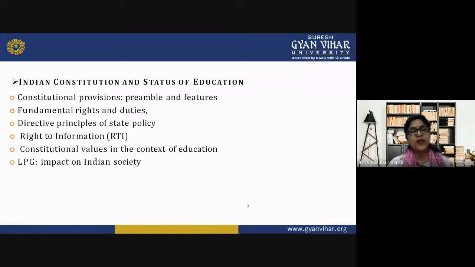So, students, we all are very much aware that our Indian Constitution is a wonderful, democratic constitution, and we learn so many things and get so many things out of it. So, just talking about the background of the Indian Constitution. I'm just coming to a little background, so try to understand that.